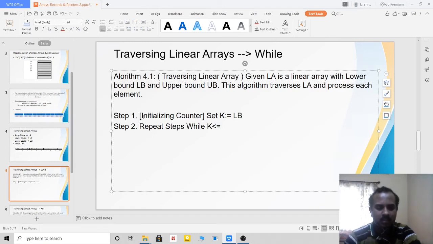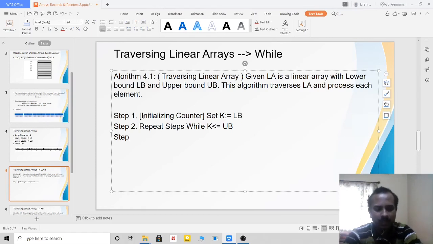When you are writing the algorithm, you write the lesser than symbol and below that one dash, that becomes lesser than or equal to, but that cannot be done here. Till where can K go, or what is the highest value of K? It can go till UB. So repeat while steps, K is lesser than or equal to UB.